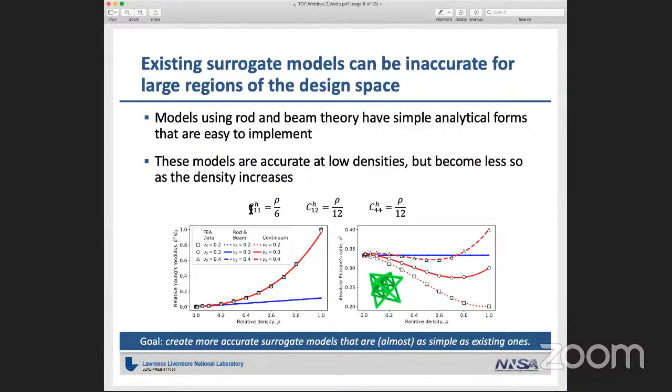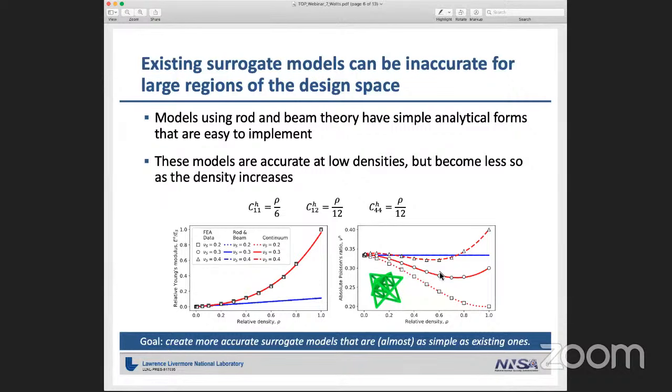The canonical paper on the octet truss, which these results come from, is the one by Deshpande and co-authors from 2001. I'm sorry, I forgot the citation. It predicts linear stiffness and no influence whatsoever of the base material's Poisson ratio. That's the blue lines on these plots. In both cases, density is on the x-axis. Here I'm showing Young's modulus, and here the Poisson's ratio of the homogenized material. You can see that the stiffness is certainly not linear, and there is certainly an effect of the base material's Poisson ratio. So the simple models don't capture those effects.